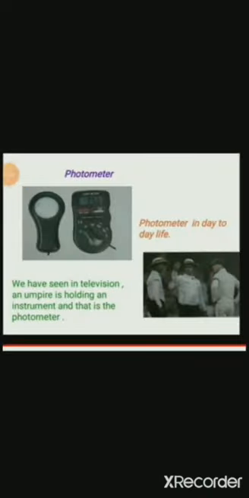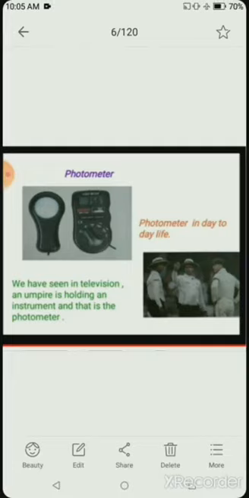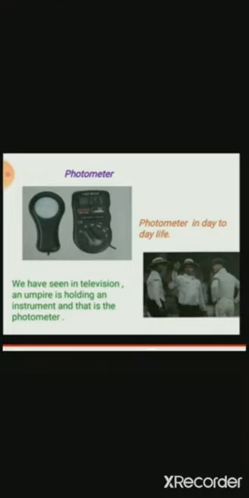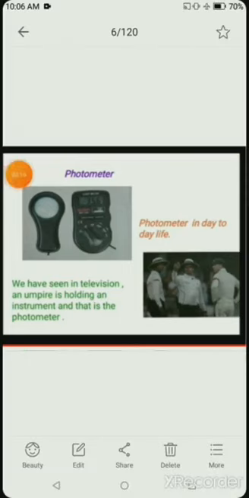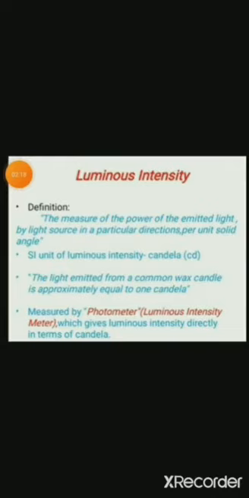Luminous flux or luminous power is the measure of the perceived power of light. Its SI unit is lumen. 1 lumen is defined as the luminous flux of the light produced by a light source that emits 1 candela of luminous intensity over a solid angle of 1 steradian. Apart from the 7 fundamental units, we have 2 more units known as derived units. We will study about them now.